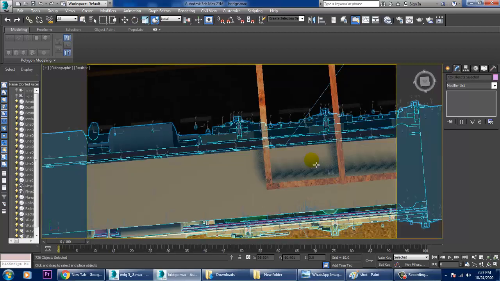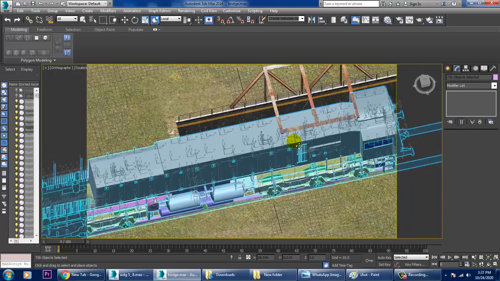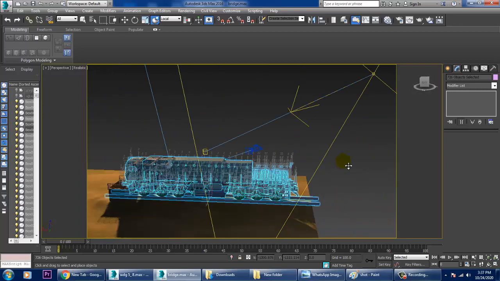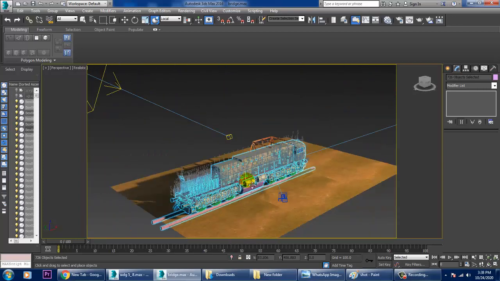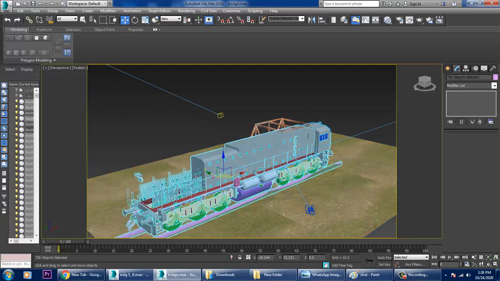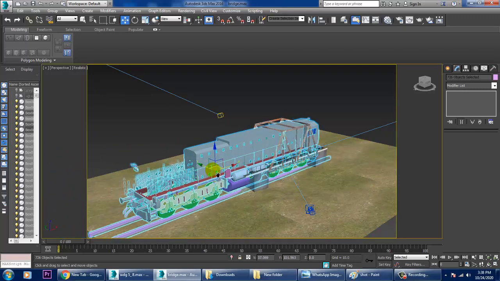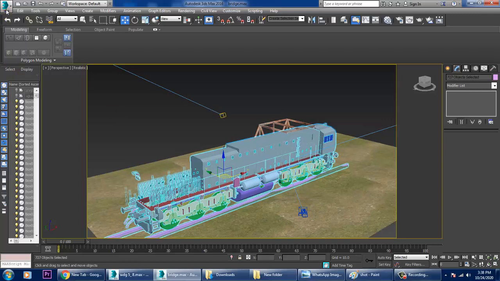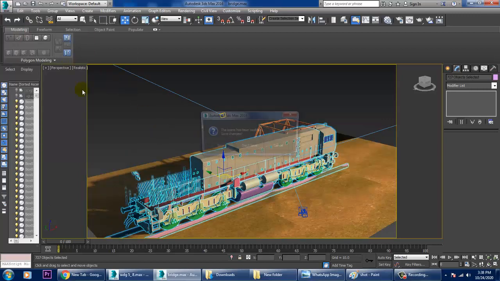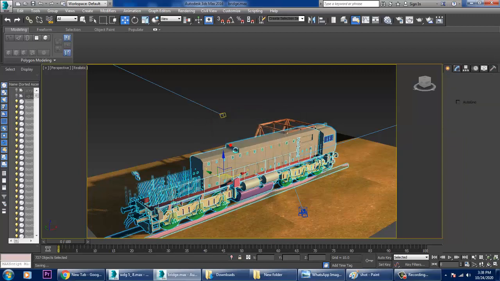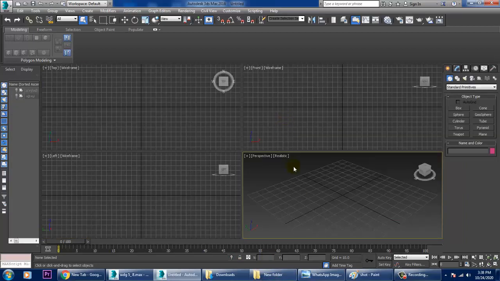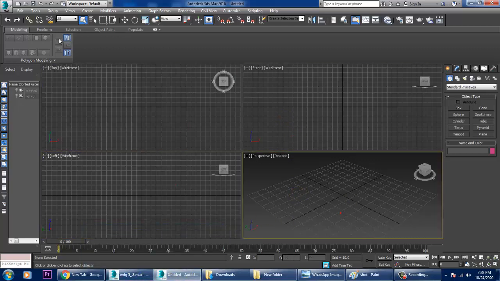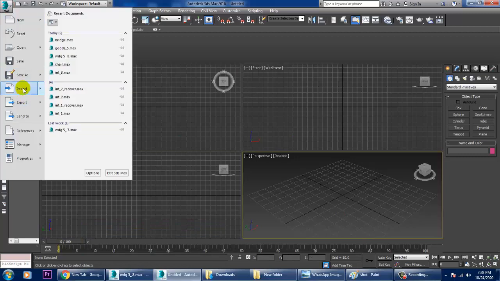Okay. Oops. I think we can export it in the FBX format. I think the things got messed up. I'll just reset it. No problem. So you can import it in that way.